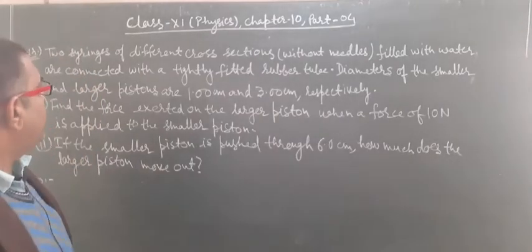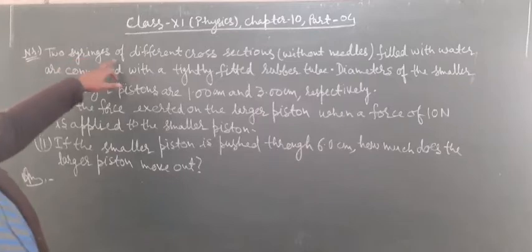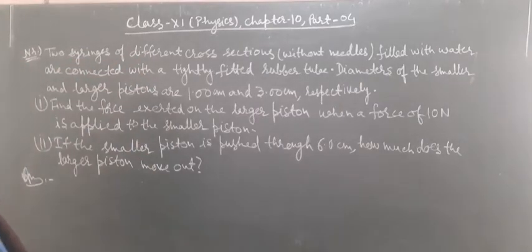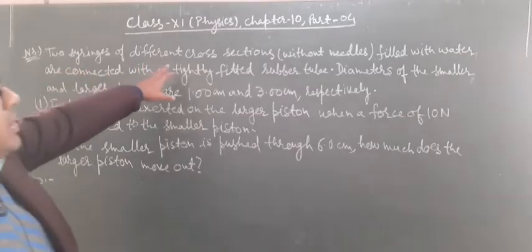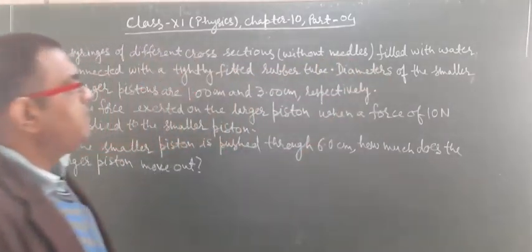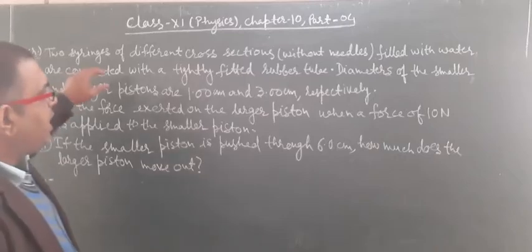Yes students, look here, there is another numerical question. In this question it is given that there are two syringes, the kind through which injection is given. Two syringes of different cross-sectional area, without needles. Needles are not there. Both are filled with water. Both the syringes are connected with a tightly fitted